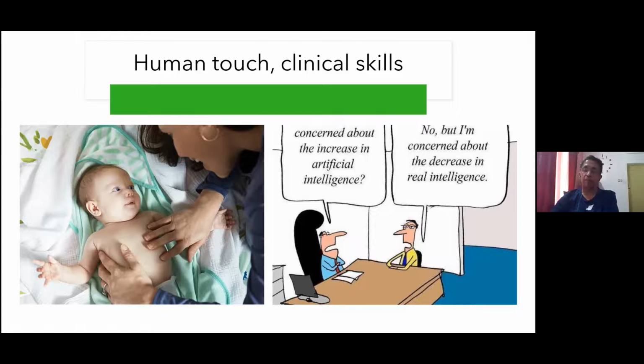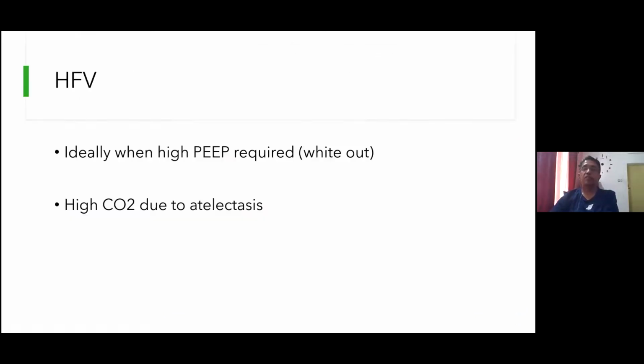I have intentionally not touched high frequency ventilation. I'll just leave it at that because I thought this itself would be too many new facts coming to some of the audience, and I can come back to answer these questions if Dr. Sanva or any other participant in the group would like to ask.